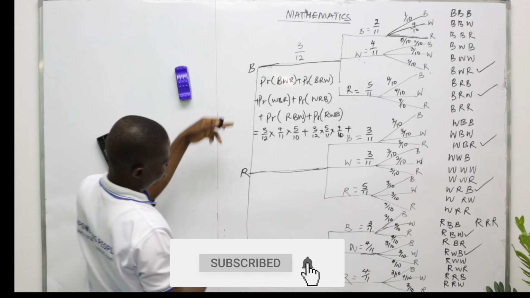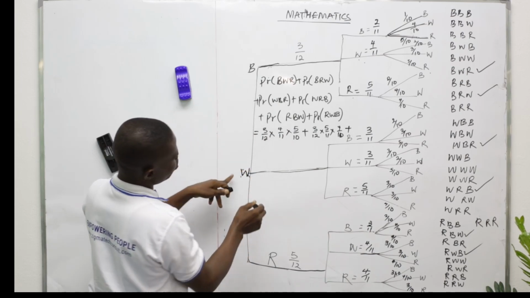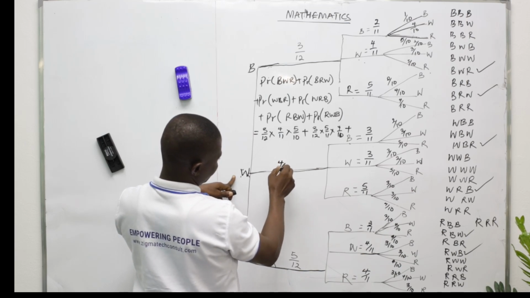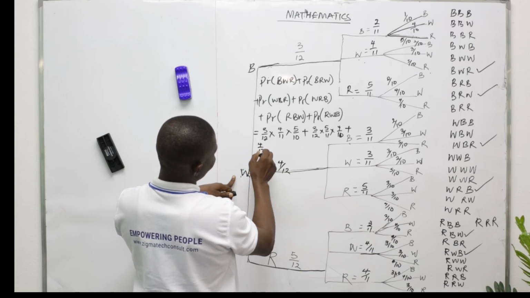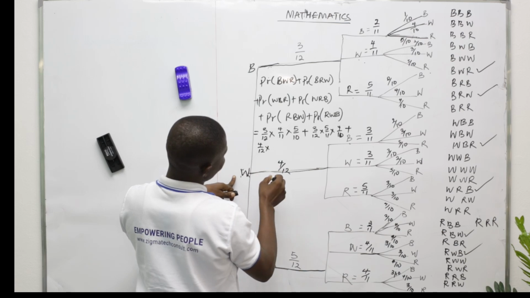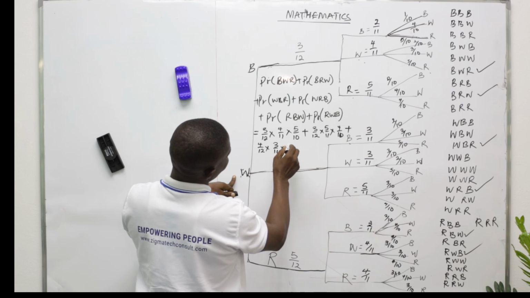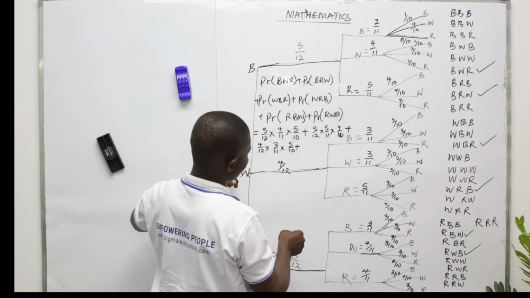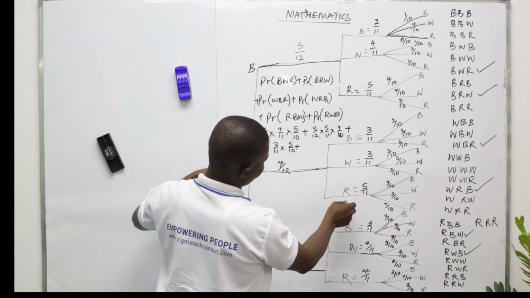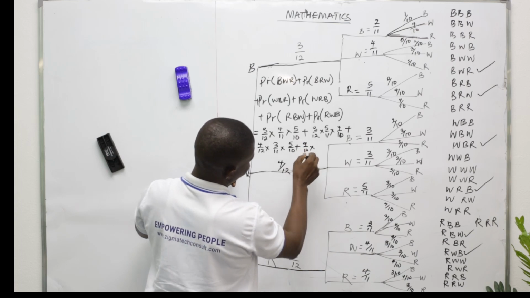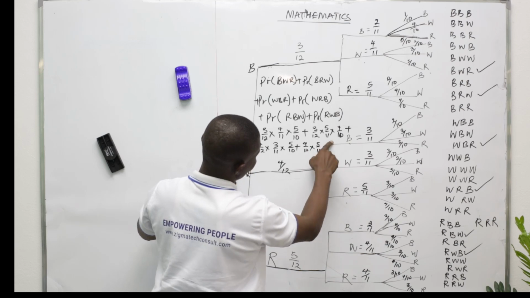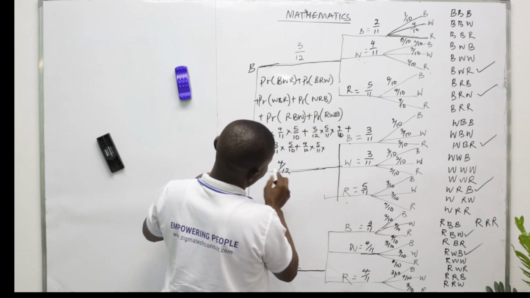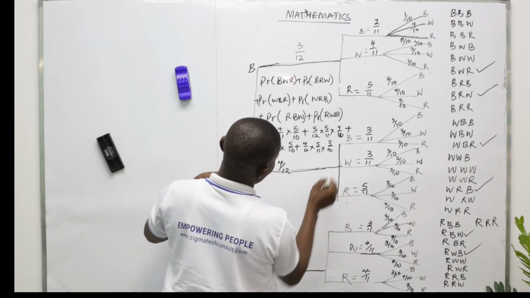White, black, red. White is 4 over 12. That is 4 over 12 times 3 over 11 times 5 over 10, plus white, red, black: 4 over 12 times 5 over 11 times 3 over 10, plus